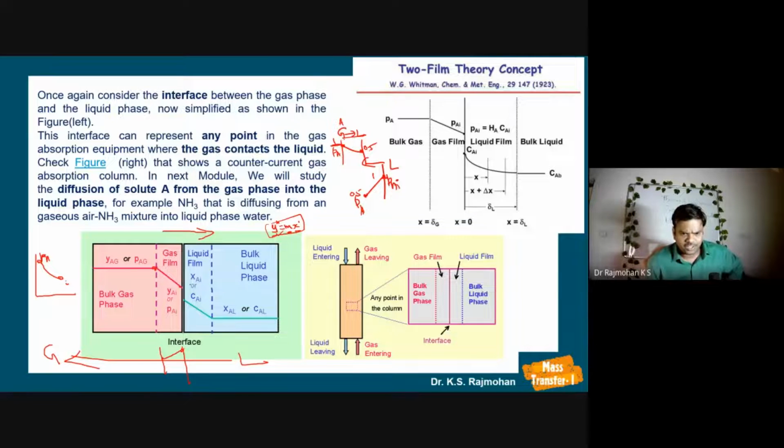That corresponding value will be higher, because the mass transfer is from gas phase to liquid phase and in the bulk of the liquid the concentration Xa is lowest. So again there is a driving force, with higher concentration at the interface and lower concentration in the liquid bulk, so mass transfer takes place in this direction. That is how we have the concentration profiles in the gas film and liquid film when mass transfer is from gas to liquid. If the mass transfer is from liquid to gas, the slope will be reversed.